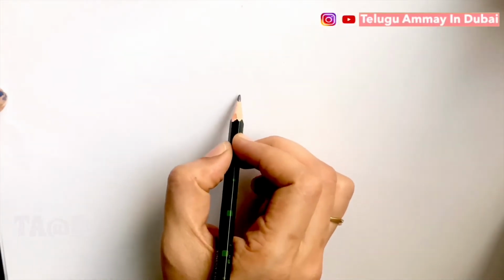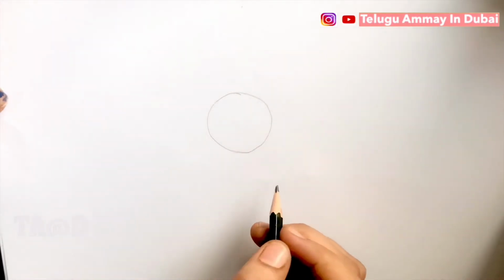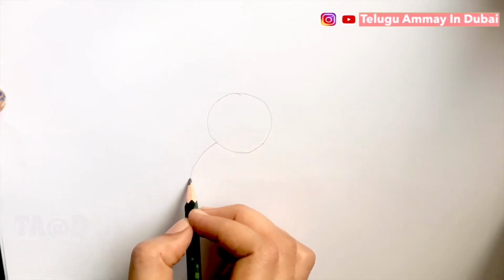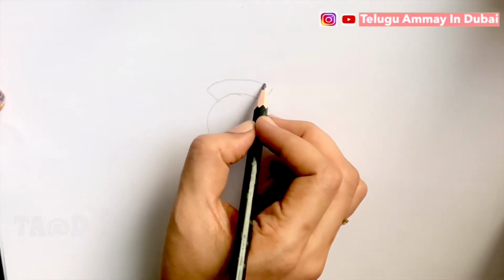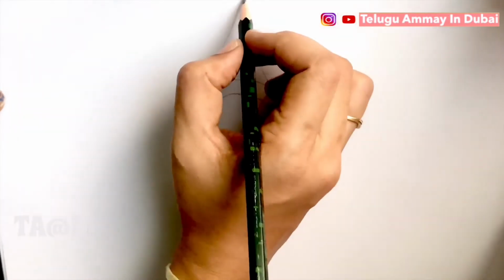Let's draw a snowman. First make a circle. This is for the face, the head, okay? And from here make a big circle. This is like the body part. And for the head, for the cap, just draw two slanting lines and then join them by a curve and then make a triangle